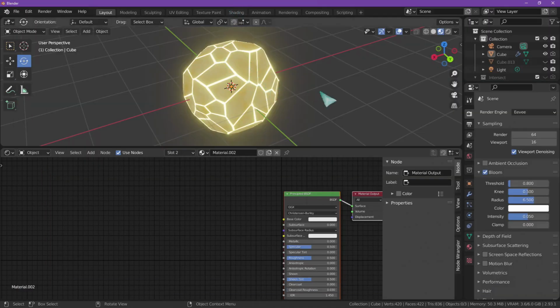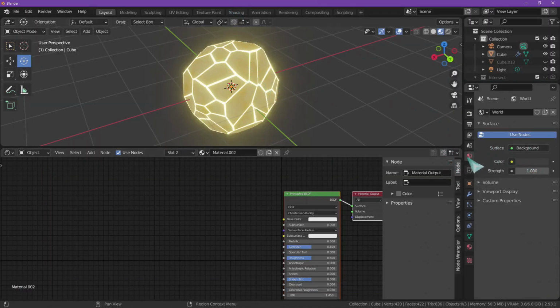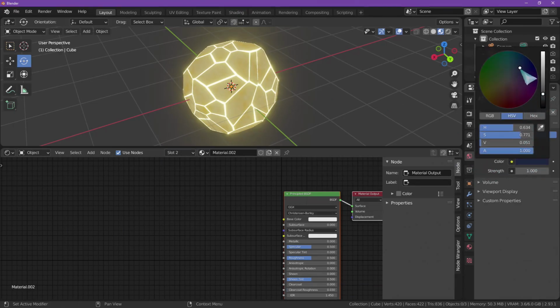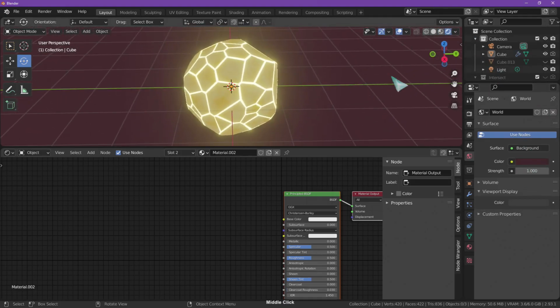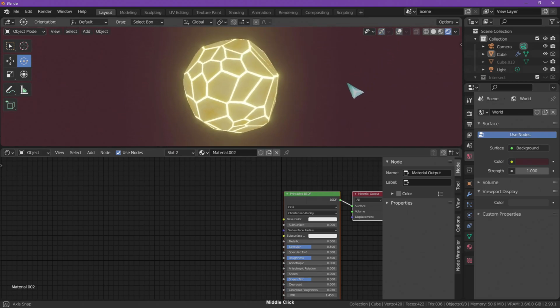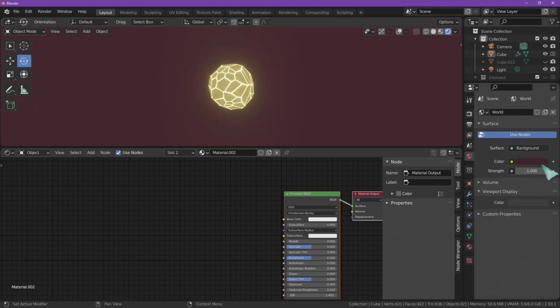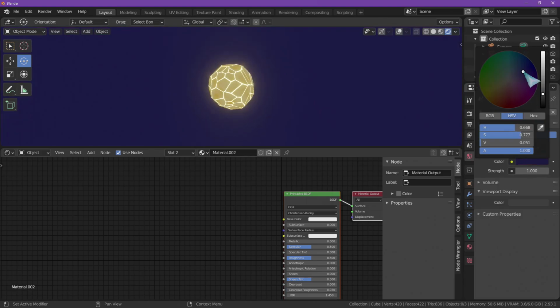Here. So I can make the world background, world settings, color, make it a little bit dark. Let's give it a red, dark red background, and go into rendered view. Yeah, that. Turn this off. Now you can render it. Or maybe a dark blue